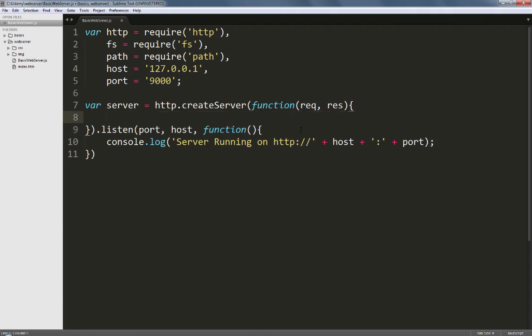Next, within our createServer callback function, we'll first have to extract the file name that the user has requested from the req or request object that we have passed into the createServer callback function.